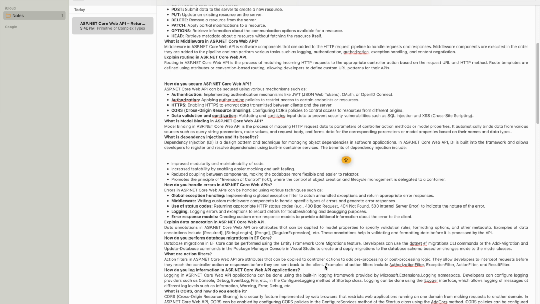Next question I have, how do you log information in an ASP.NET Core Web API application? Logging in ASP.NET Core Web API application can be done using the built-in logging framework provided by the Microsoft.Extensions.Logging namespace. A developer can configure the logging and providers such as console, debug, event log, file, etc. And in the Configure method of the startup class, logging can be done